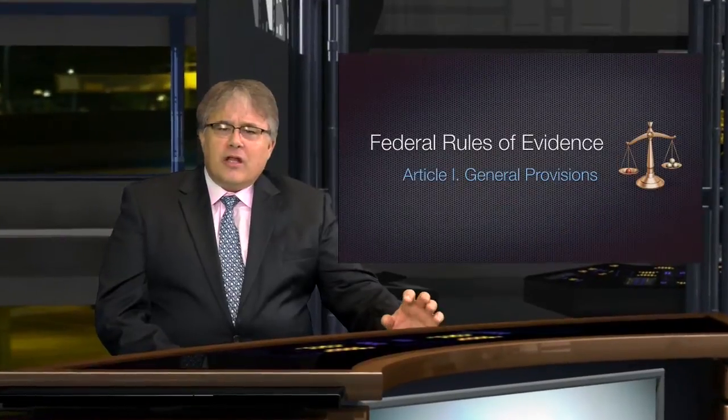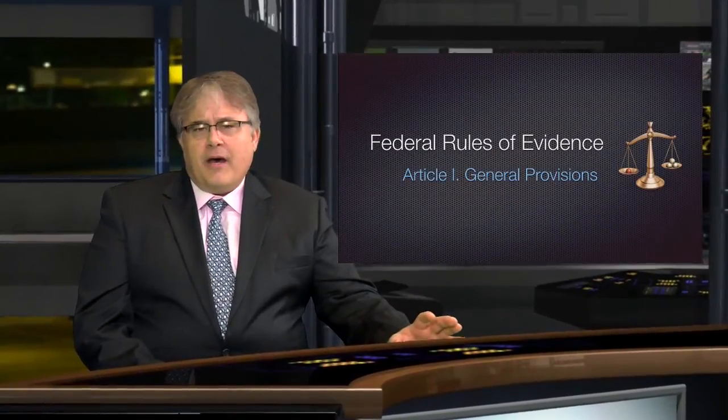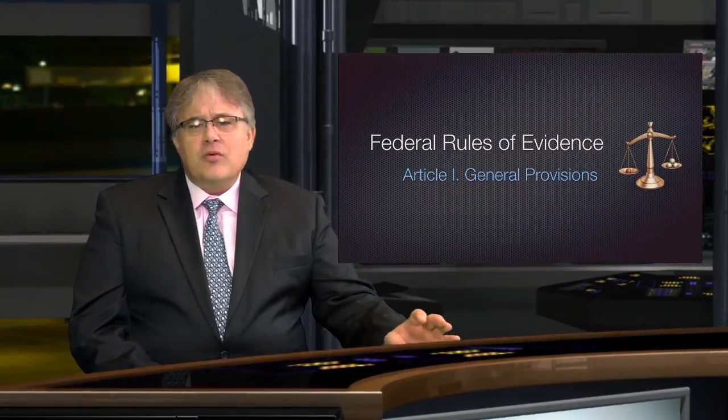We're going to work ourselves today. We're concerned with Article 1, the first article that sort of lays the groundwork for the federal rules of evidence. Now, Article 1 is generally referred to as the general provisions of the evidentiary rules, and they're designed to help us understand the scope, the structure, the way in which the rules are supposed to work. If we take a look at our slide here, when we're talking about the Article 1 general provisions, we begin